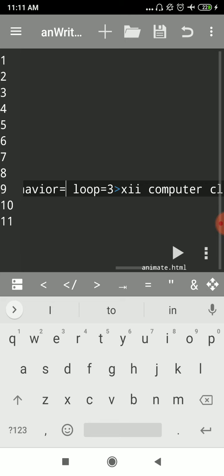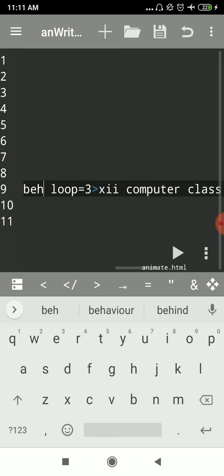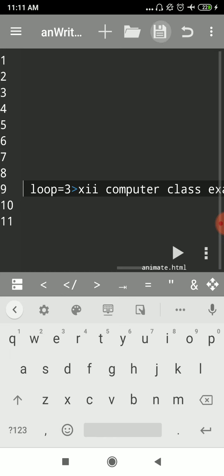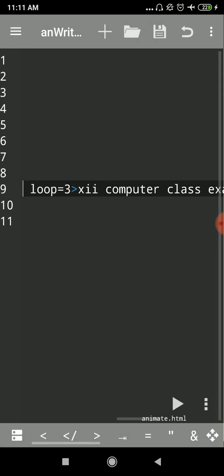So let me put behavior as scroll only. You'll have to count 1, 2, 3. So I hope it stops after that. Yes, see, after the third count it is not scrolling again because the loop has stopped.